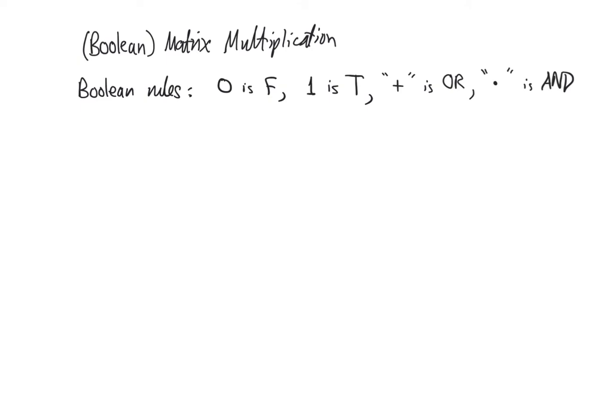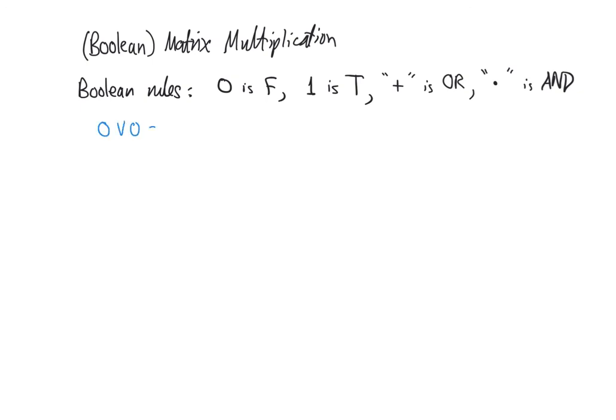For that, we need to practice matrix multiplication, in particular Boolean multiplication of matrices. And there's a couple of rules we need to keep in mind. And what they are is that 0 is false, 1 is true, plus or addition is the OR logical operation, and the multiplication operation is representing the AND logical operation. In other words,